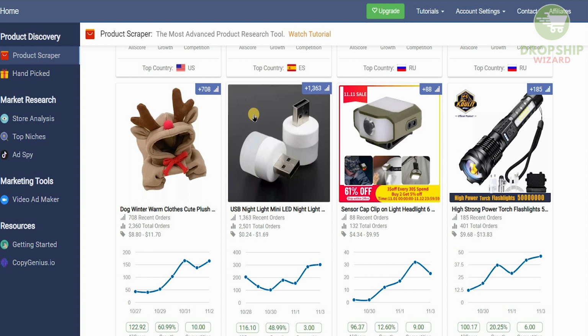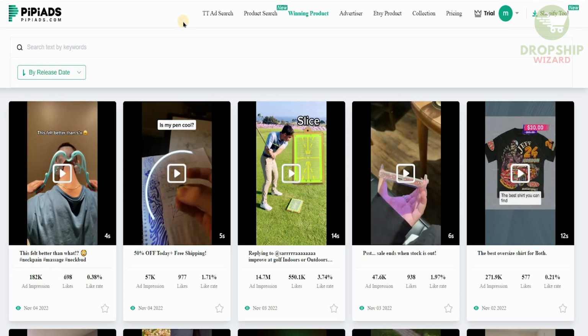You gotta make sure that you select products for the right customers, for the right age group, and for the right gender. Once you understand that aspect, you'll be able to create something that is truly unique. Once you have selected a product, you need to head over and do more research on a website